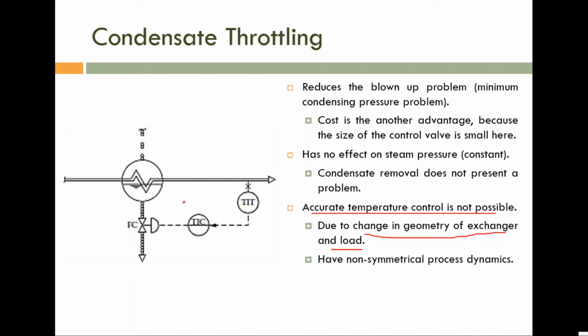Okay, so how are we using this one? If you want to maintain the temperature at T2, for the time being assume that this one is maintained at T2. If it is maintained at T2, then the characteristics of the heat exchanger are also maintained constant, meaning the heat transfer area is maintained constant. This one is the heat transfer area. The area above this liquid level is the heat transfer area. Okay, so that one is maintained constant.